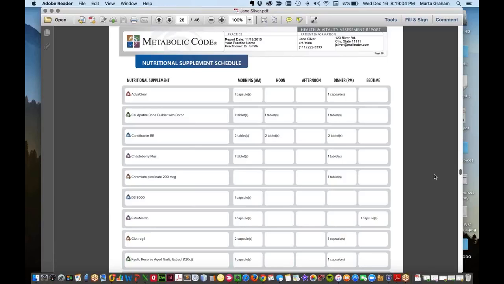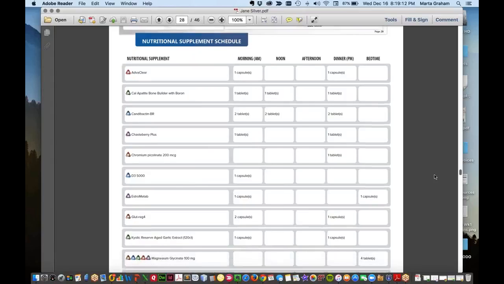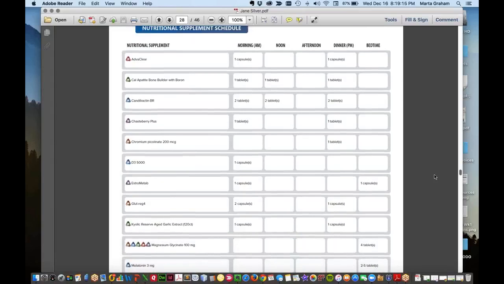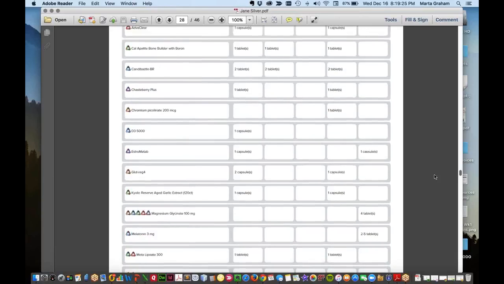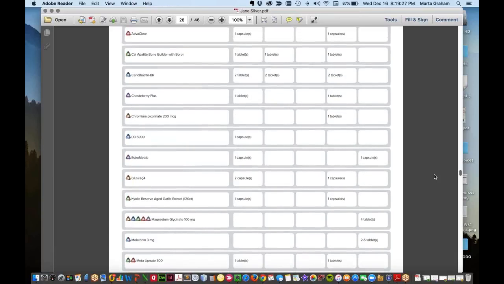All of this is modifiable from the practitioner side, and the way that each product is identified, you can see a small colored triangle next to any particular supplement. And that is to say that each dietary supplement may have one, two, or more triads that they address and rebalance. So you can see how magnesium glycinate has all 5 triads attached to it,